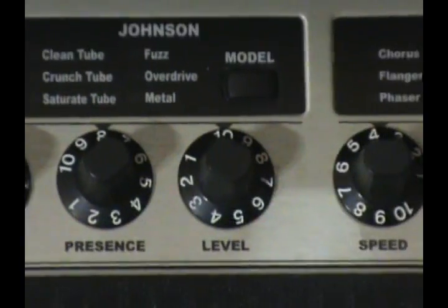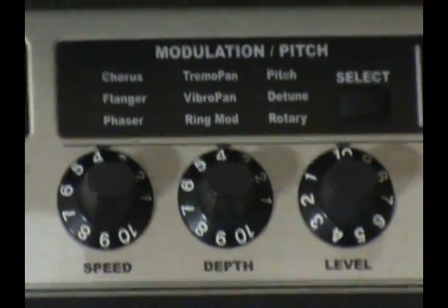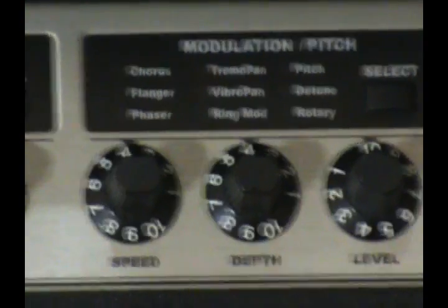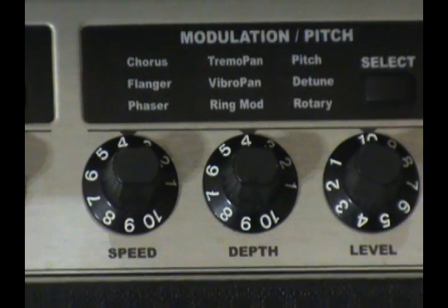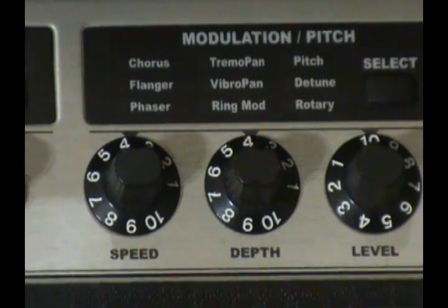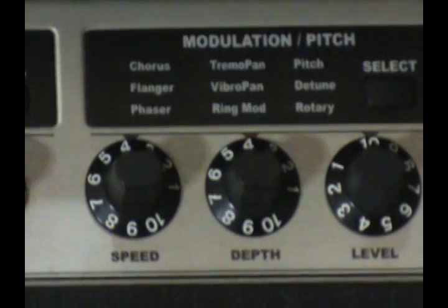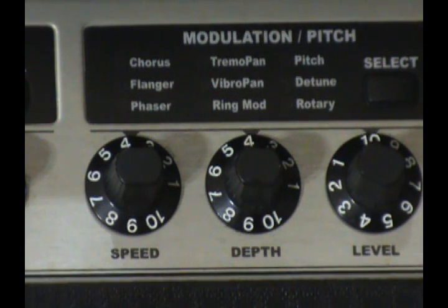Okay, so you have your regular tone controls. Okay, what you have over here is simply your modulation pitch effects. So what do you have? You have chorus, flanger, phaser, a tremolo pan. Okay, so it'll just go back and forth, back and forth. Yes, that's my hand. Between the two, a vibro pan, another stereo effect, a ring modulator, which you'll hear, pitch,